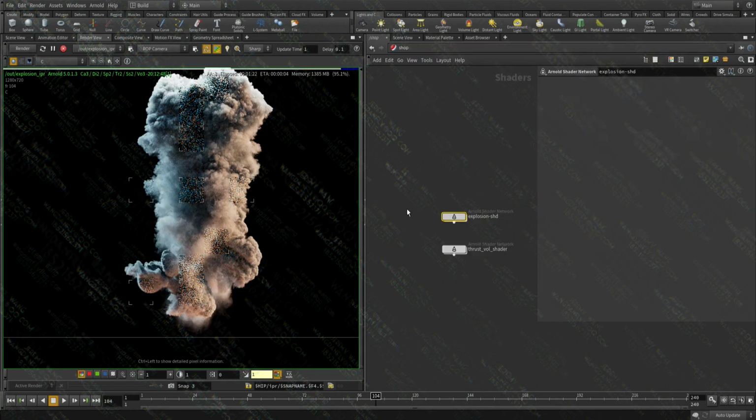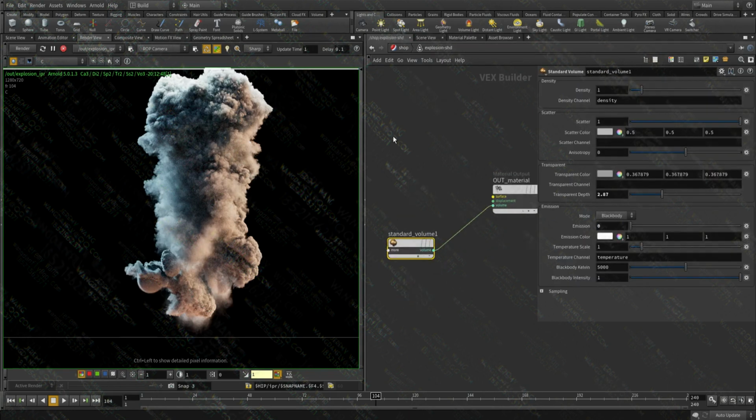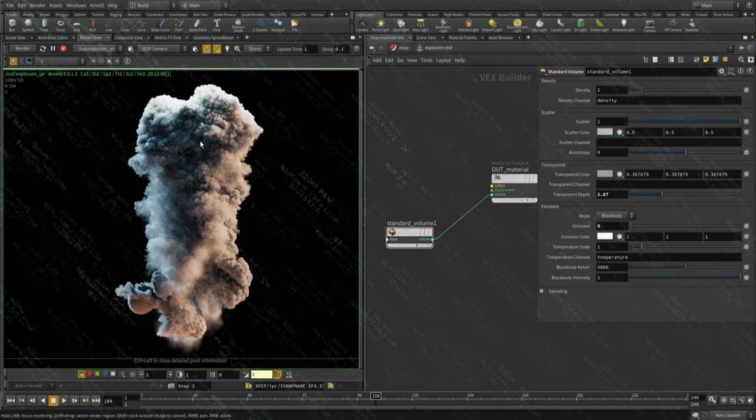So let's go to the shader, and just so you guys know, the look I'm going for is the one that doesn't have fire. Once we have fire in, it's a completely different story, and we're going to do that in the next video. It will require a rehaul of all the lights, because what you want to see with fire is the illumination of the fire itself.